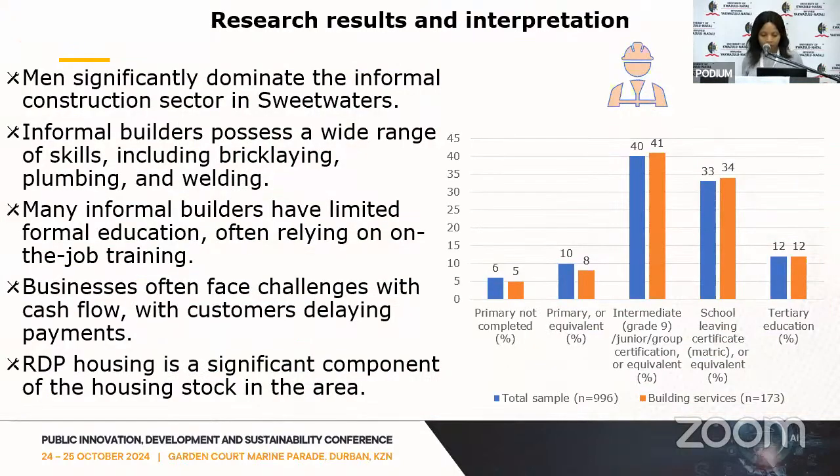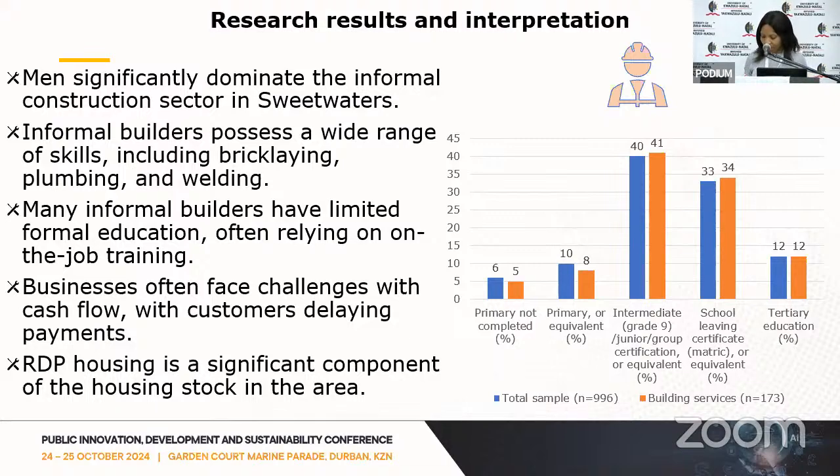In terms of research findings, the research found that men dominate the informal construction sector in Sweetwaters, with 72% of businesses. Informal builders possess a wide range of skills, including bricklaying, plumbing, and welding. Many informal builders have limited formal education, and they often rely on the job